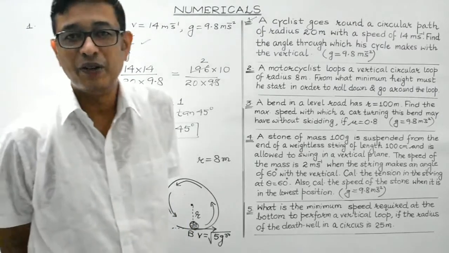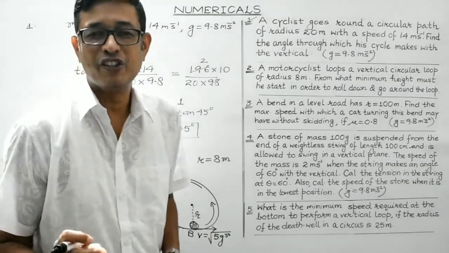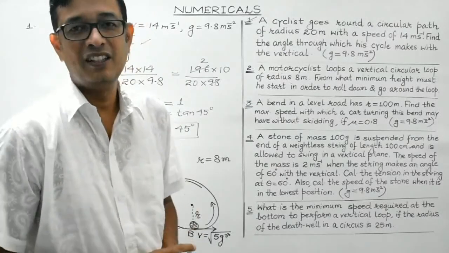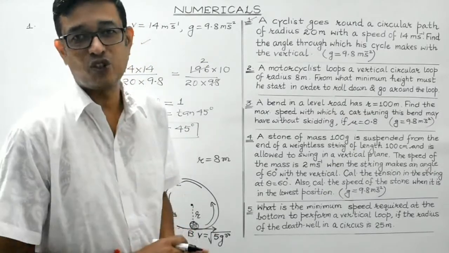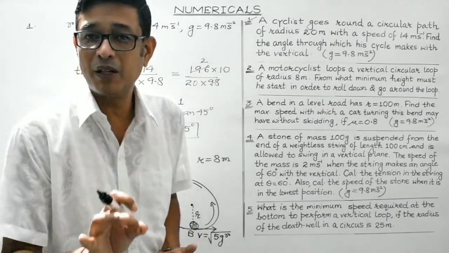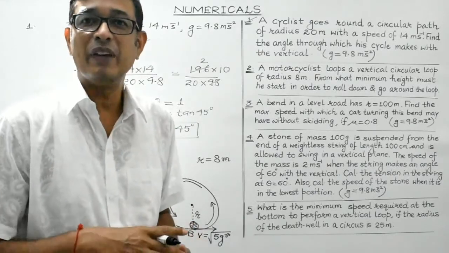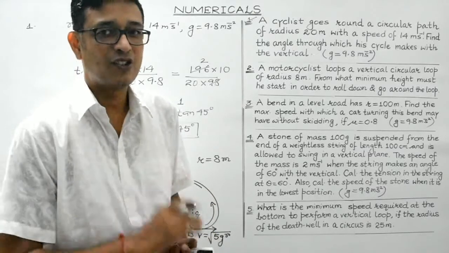So we are already familiar with the law of conservation of energy. The total energy of a system or a body always remains conserved. That is, energy can neither be created nor destroyed. So total energy possessed by a body always remains constant, right? In the case of mechanical energy, the sum of KE and PE will always remain constant.